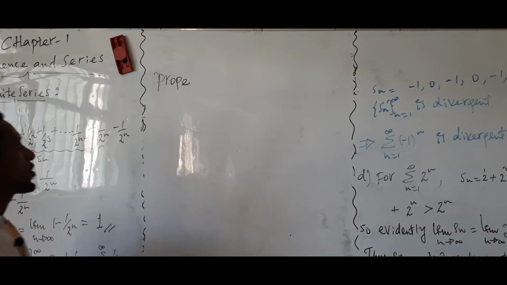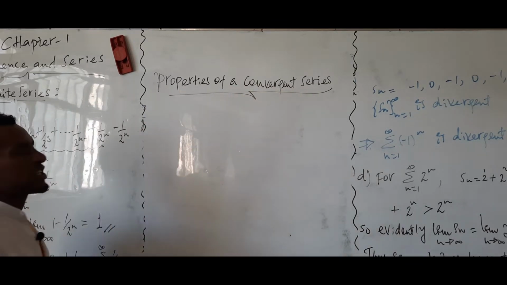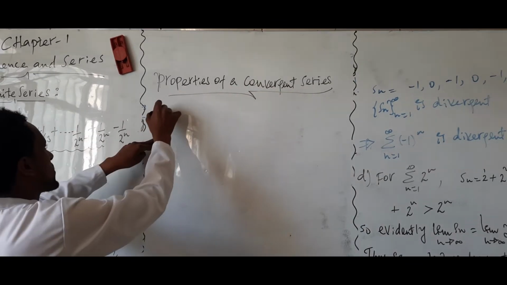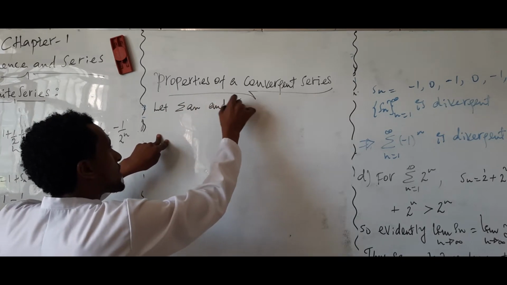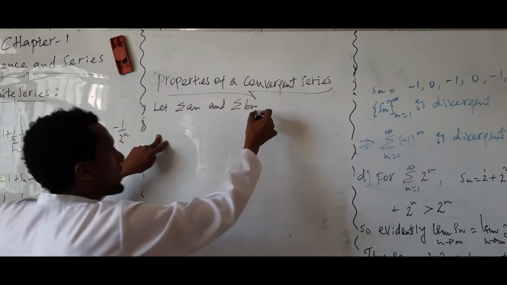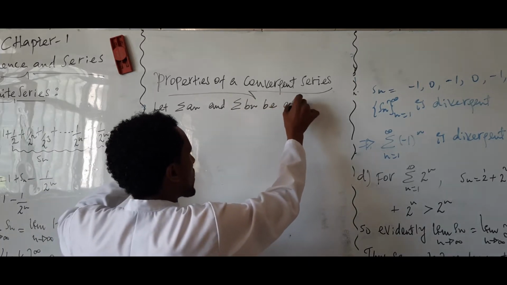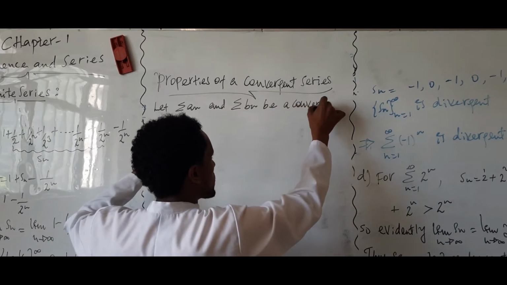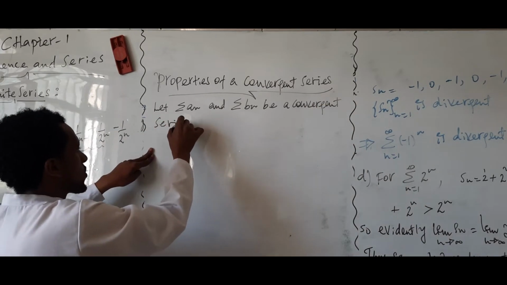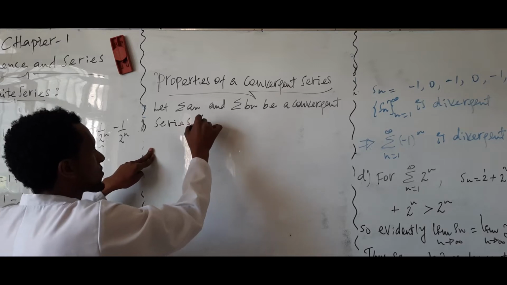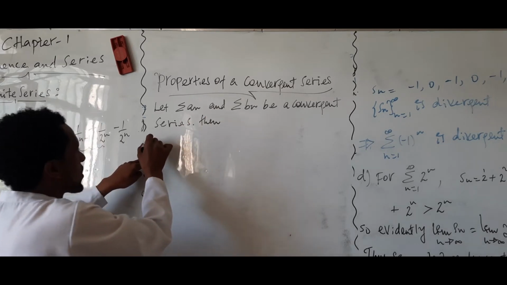Next, we will see properties of a convergent series. Let the sum of an and the sum of bn be two convergent series. Then: